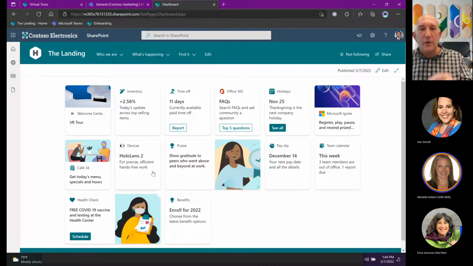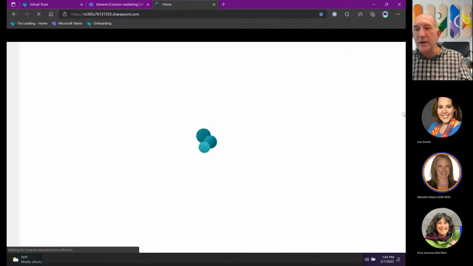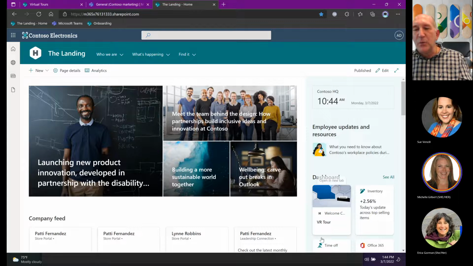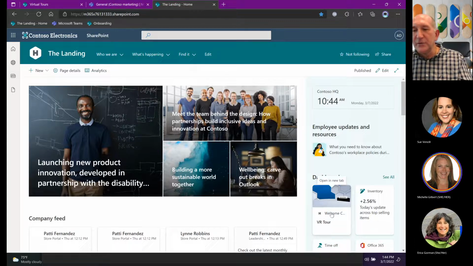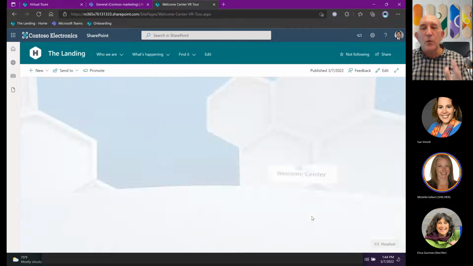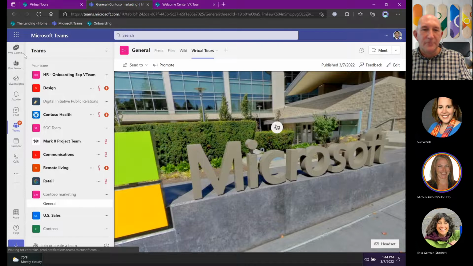I've got one for HoloLens. I got all kinds of stuff. But I'm going to come back now to the home page for the landing. And there it is. It's already showing. So I can see right from my home page, from that dashboard, this particular piece here. It says open in a new tab, and I can click. It's going to open it. That's nice. But what's really powerful is if I come back to Teams and I go to Viva Connections, because